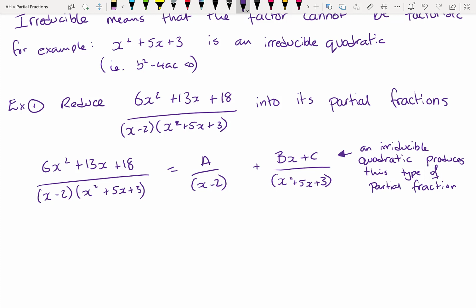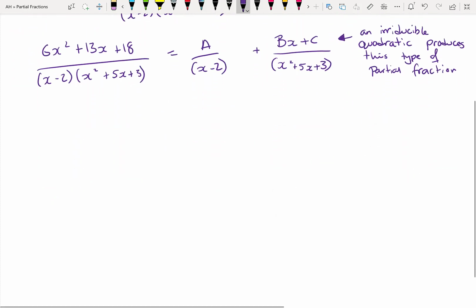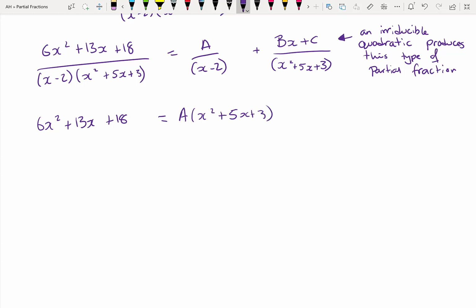Okay, as always, first thing I'm going to do is multiply through by my denominator, and so that is going to leave me then with just 6x squared plus 13x plus 18 is equal to a lots of x squared plus 5x plus 3 plus bx plus c lots of x minus 2. Okay, and we need to make sure when we're doing it, remember, we're going to keep that bit in brackets, because it's very easy when we don't do that to get things lost and we start forgetting things, we start